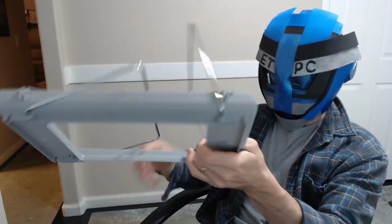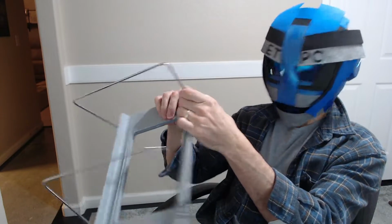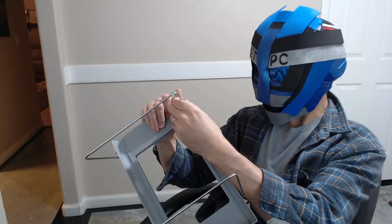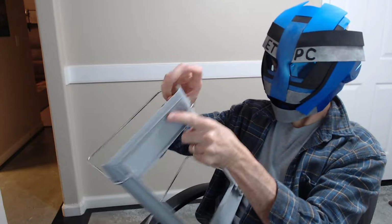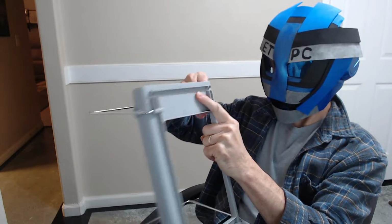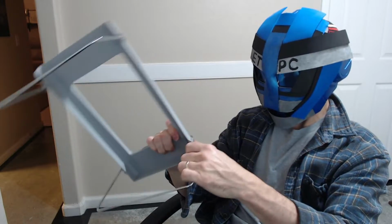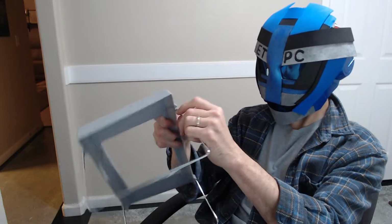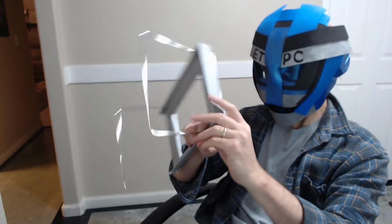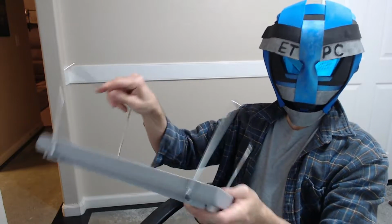Okay, so apparently these will just snap into place on this area right here. Just goes up there and locks into place, just like that. Okay. So just kind of pop in like that. Looks actually pretty sturdy there. Okay, and